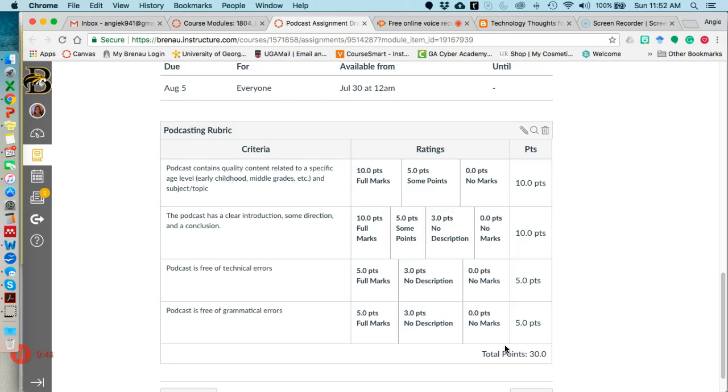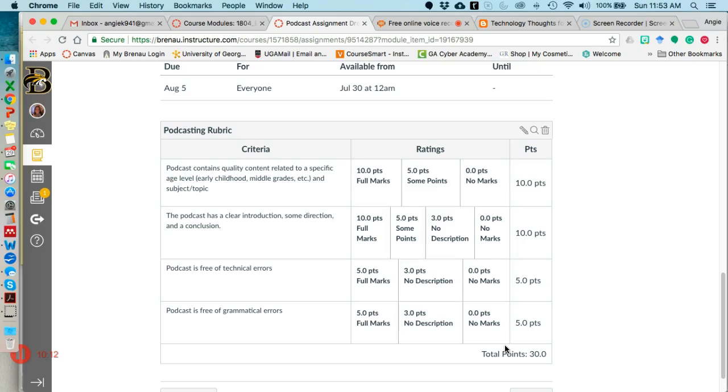And then number two, don't just start talking and then stop talking. You need to make sure you have an introduction. Tell your students, tell your listeners what it's going to be about. All right, and then have some direction, right? So maybe you might be doing a poem and you tell the students, okay, I'm going to read you this poem by Shel Silverstein, and as I'm reading, I want you to make note of or look for metaphors or similes. Just something for, if it's math, think about this problem as I talk you through it,